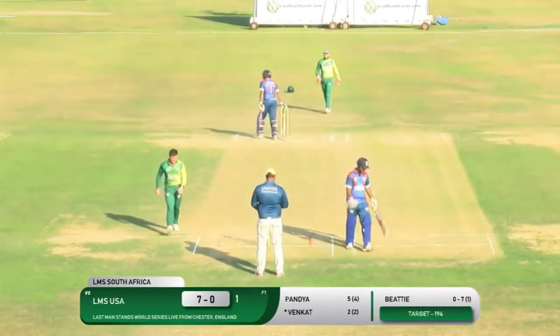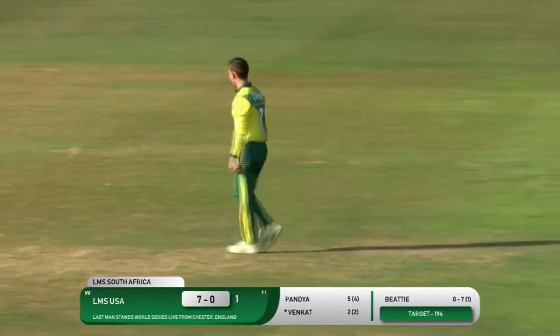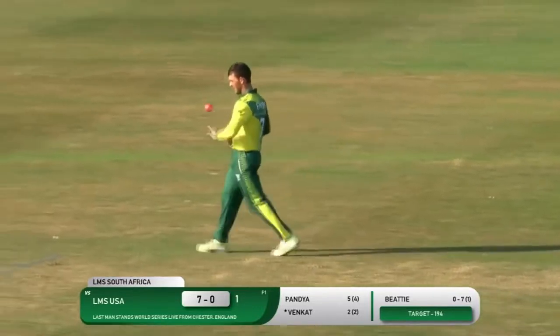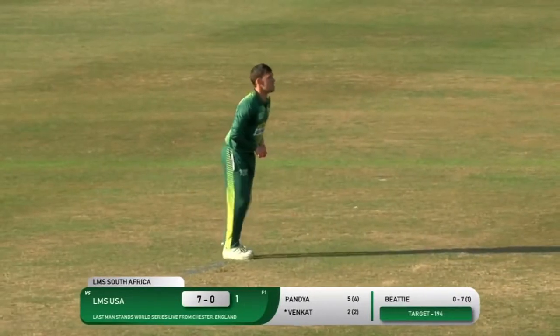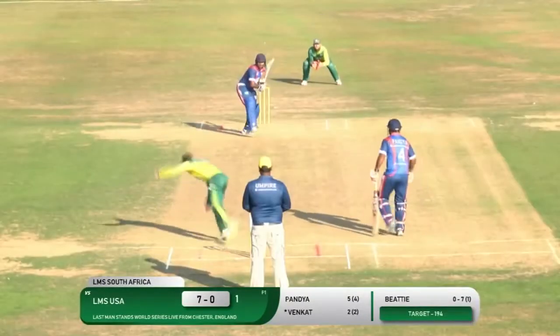I had the pleasure of facing Fry the other day in the warm-up game, and I found him extremely skiddy. But he's obviously an extremely fit lad. He's back to his mark quickly. He's on top here as a bowler,